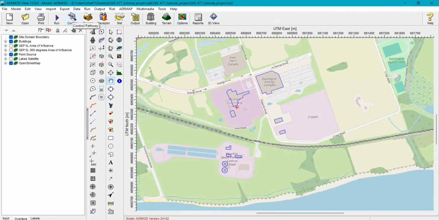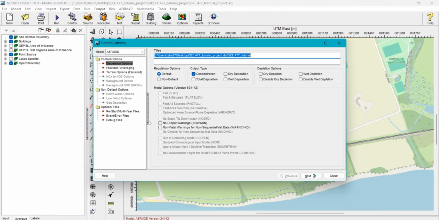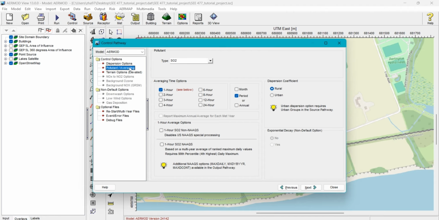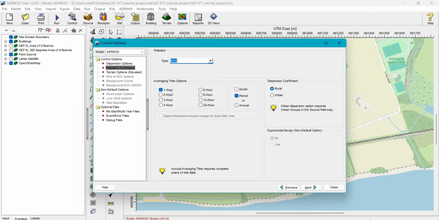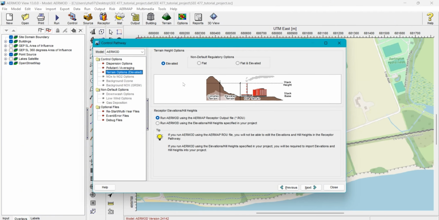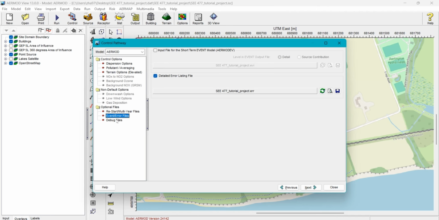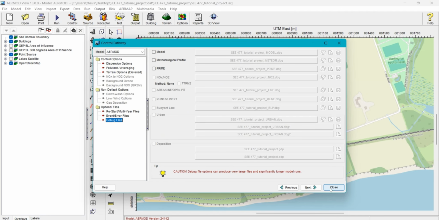Well, after defining the buildings and point source, the next step is to go through different pathways that are shown in the toolbar menu. We will start with control pathway, and here the only thing you need to change is the type of the pollutant you want to focus on, which I already mentioned. We are going to focus on NOx, and in the averaging time options, you can choose 1 hour and 24 hours. After that, you don't need to change anything, and you can just close this window and move on